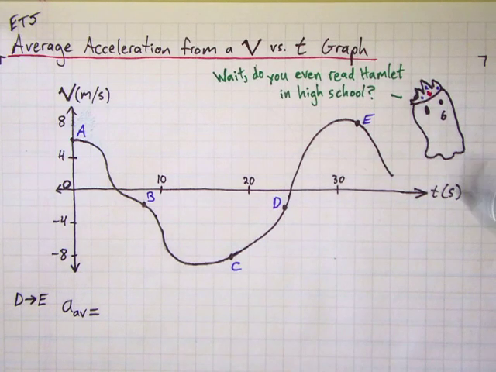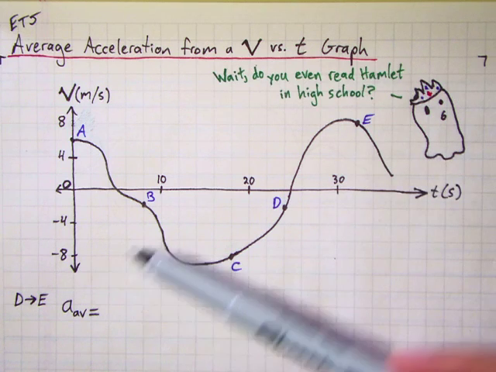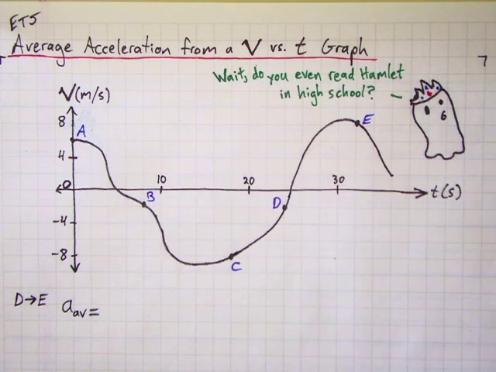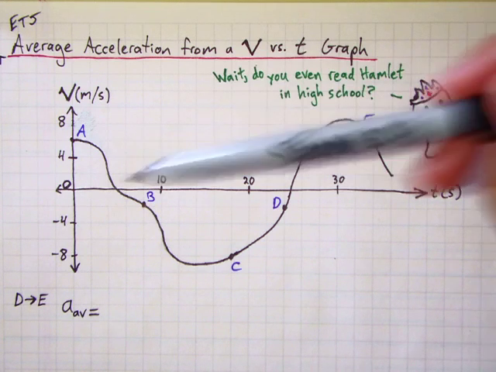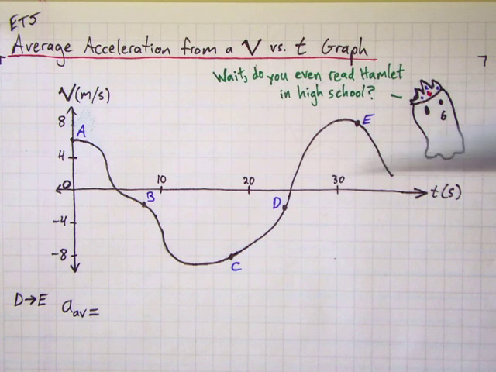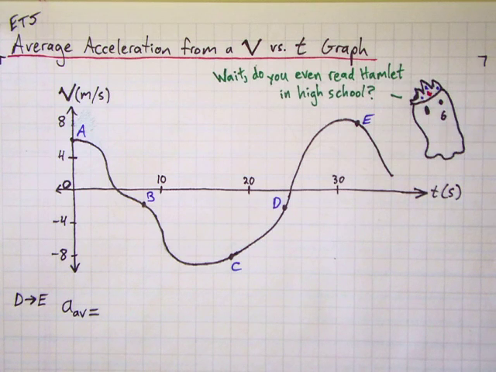Here we've got the graph of perhaps Hamlet's ghost now running about the castle, first with a positive velocity and then so on and so forth. See if you can pause the video for a moment and tell a story in words, convey what's happening in this scenario. From the graph, can you convert this into a narrative in words? Once you're satisfied that you understand what Hamlet's ghost is doing here,